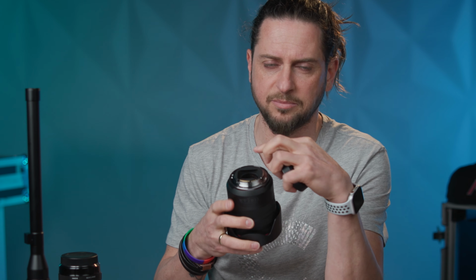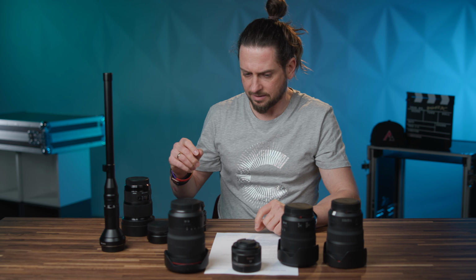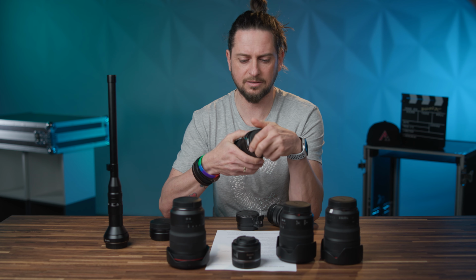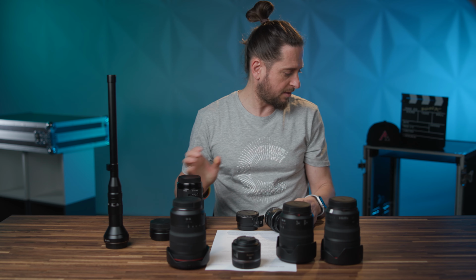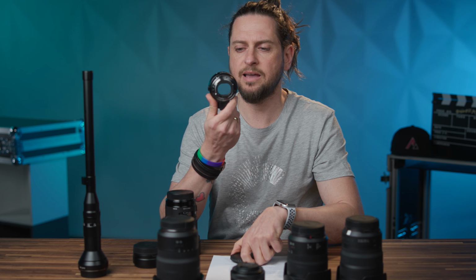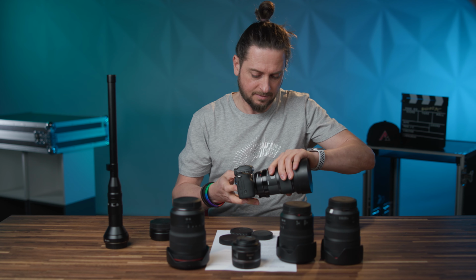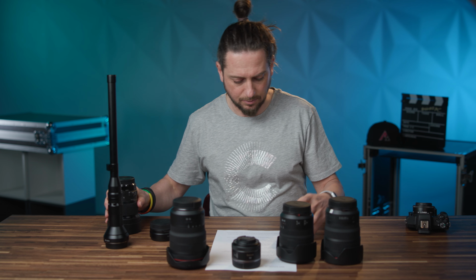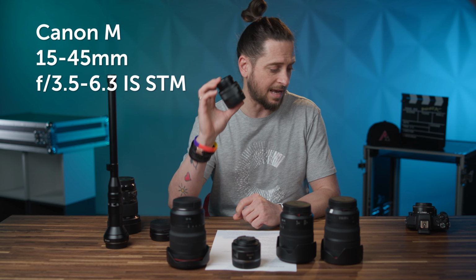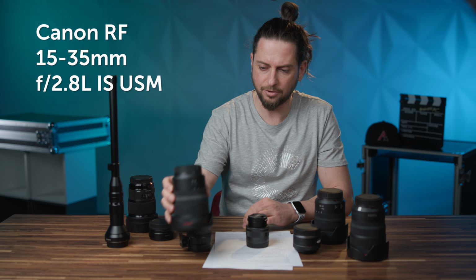There are different types of mounting systems with different names. The Canon M50 has an M mount. To use an EF mount lens like this with a Canon M50, you need an adapter from EF to M mount, put between the camera and the lens. So what else do we have? A 50-45 Canon M mount lens for the M50. The 50mm, 50-35mm,